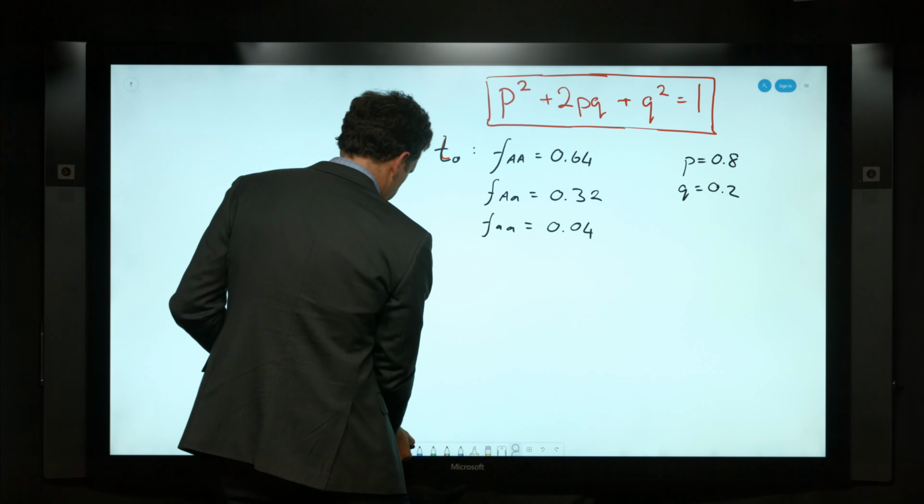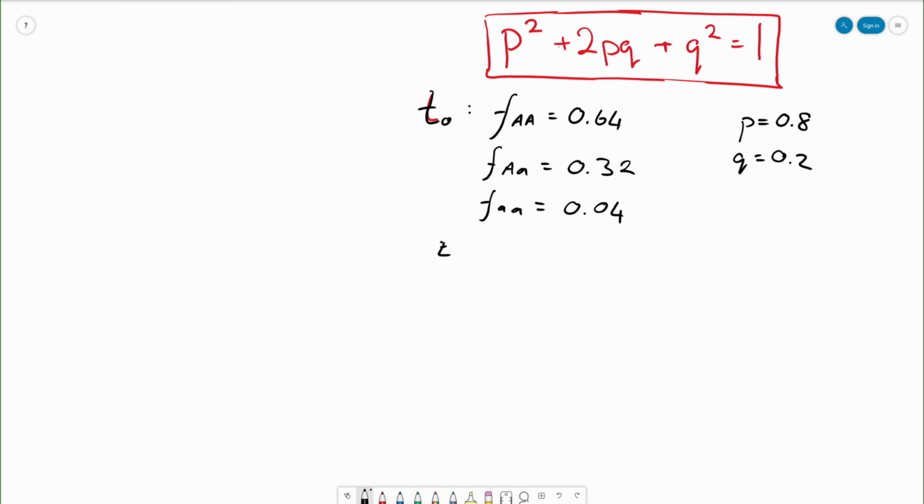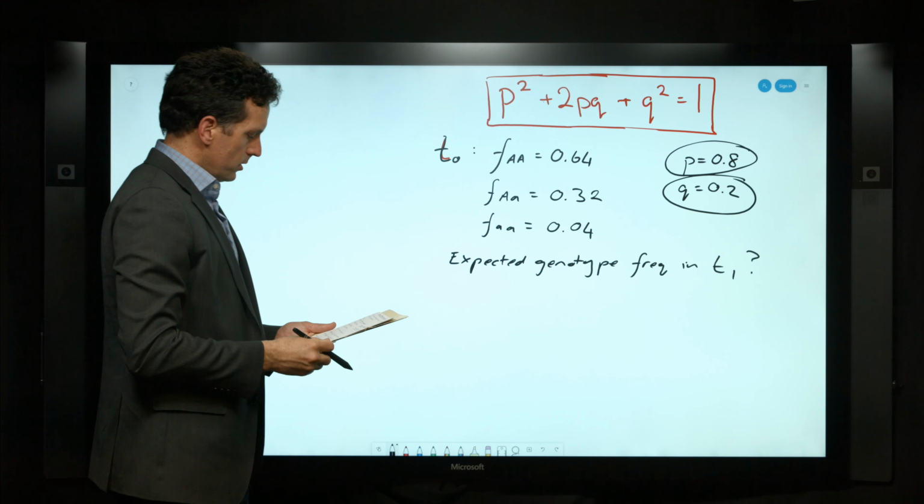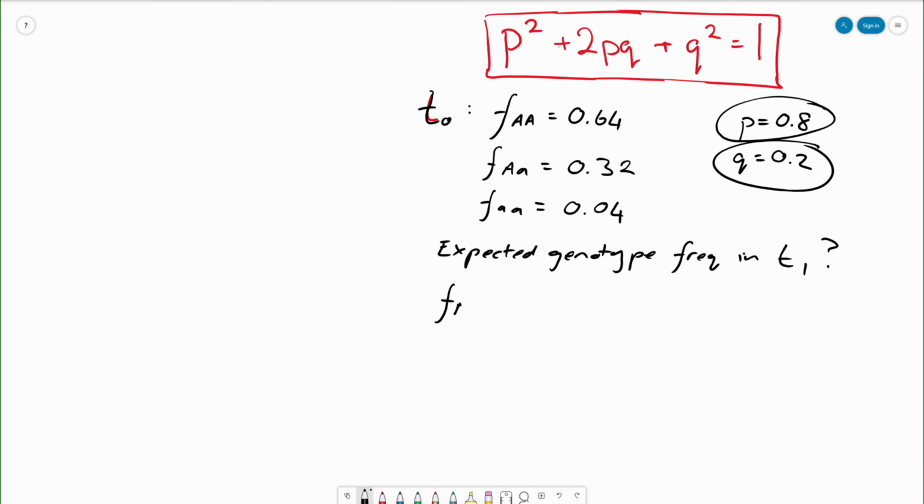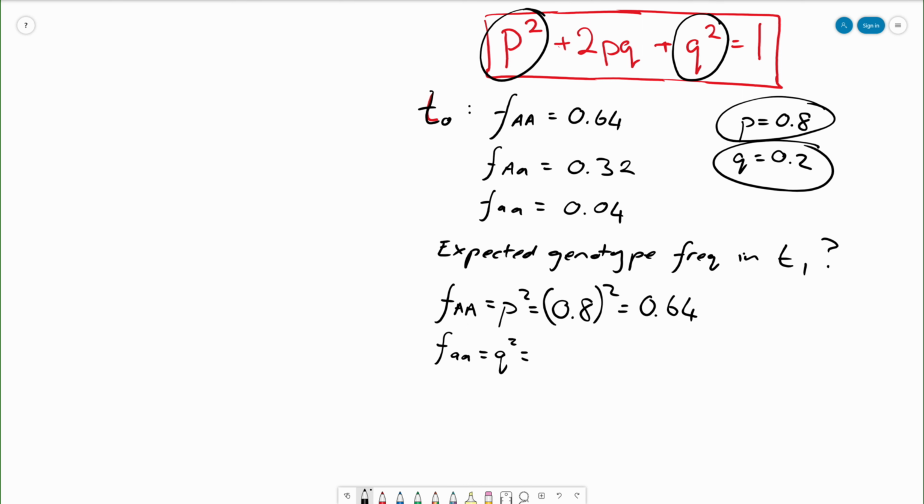because now what we are interested in is what are the expected genotype frequencies in T1, in the next generation, given that these are the current allele frequencies. And so here's where we can use Hardy-Weinberg's law to compute these values. The expected frequency of the big A homozygote is simply going to be p squared. That is 0.8 squared, which is equal to 0.64. The frequency of the little a homozygote is simply going to be q squared